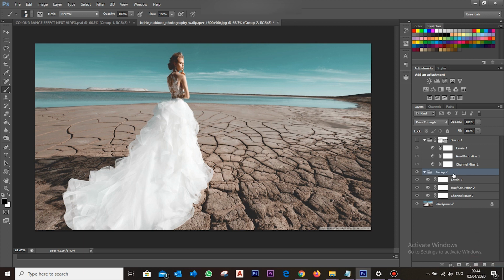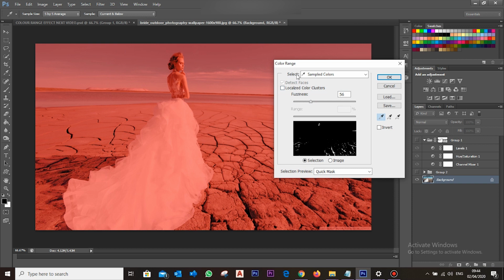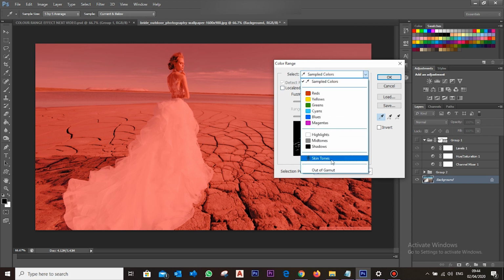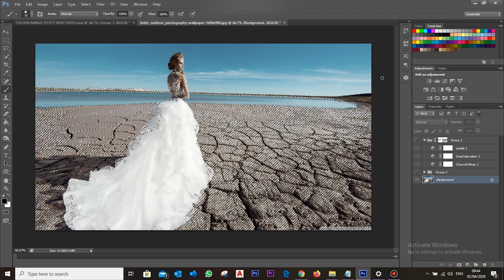So right now, create a new group and put all these layers that we created in this group. And now what we do is that we hide the group and we select the background, and now we go to select, we choose color range, and to the select method we are going to choose skin tones, and make sure that the box is marked for detect faces, and keep the fuzziness up to, let's say 40. It's going to look good. So we click OK,